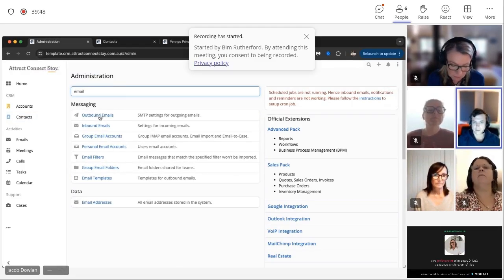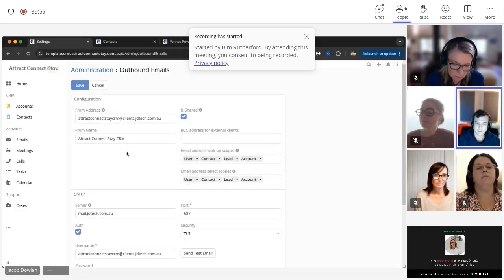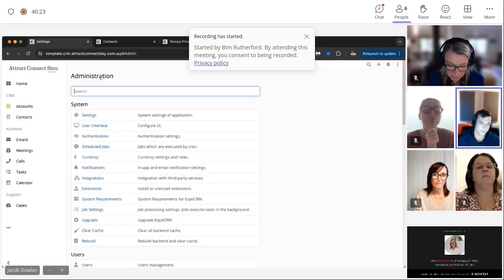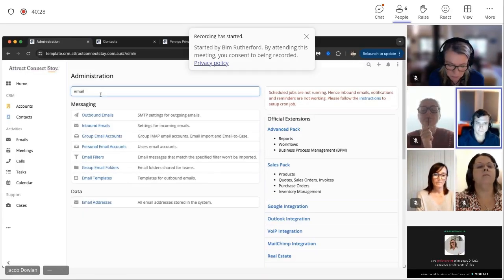email, outbound emails, there's two different points that we put it in. So outbound email, you can see currently this is hooked up to our generic account. But basically you need to put in the mail server, the port, bits and pieces, which will be different depending on where your email's through. So I think for Gmail, it's smtp.gmail.com or something. I can find those details online. I can give you a hand to find them. But yeah, then that's for your outbound emails, so that's like your reminders and bits and pieces,